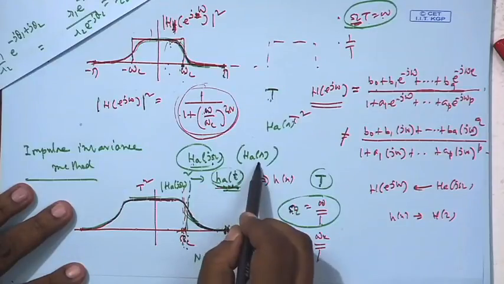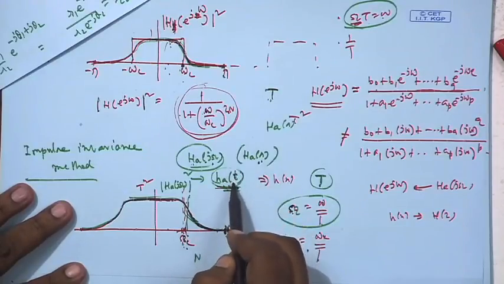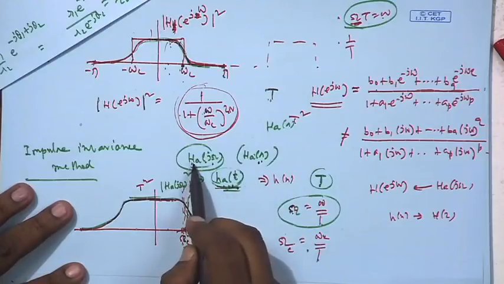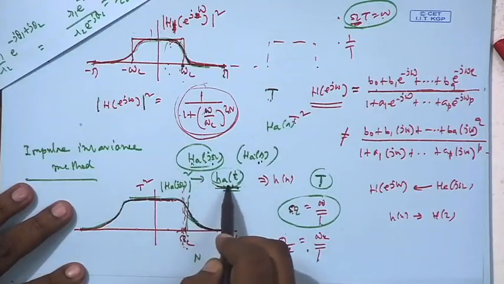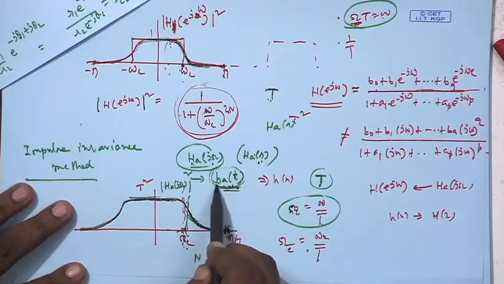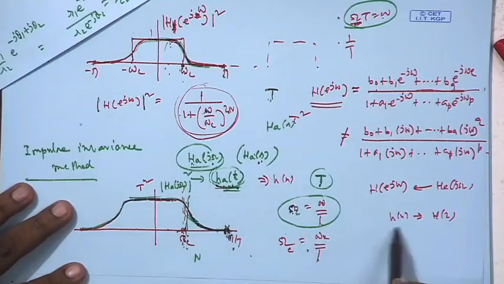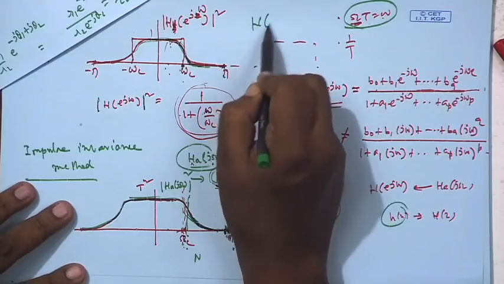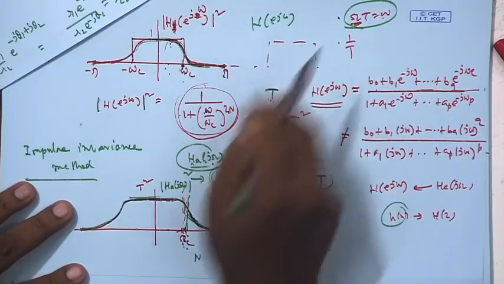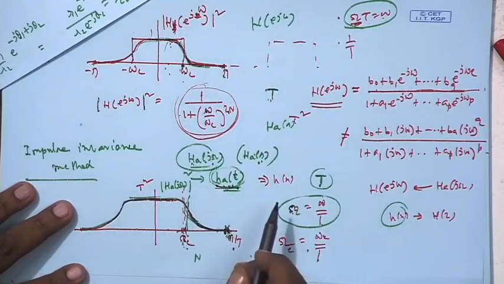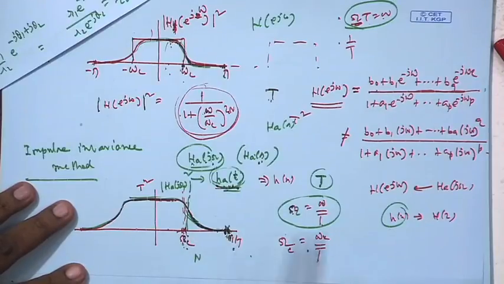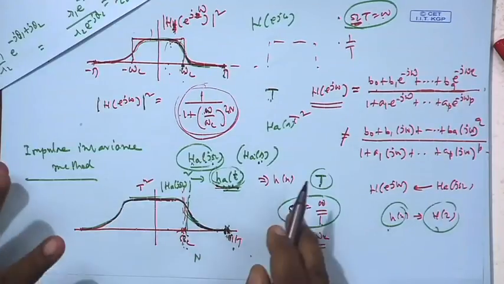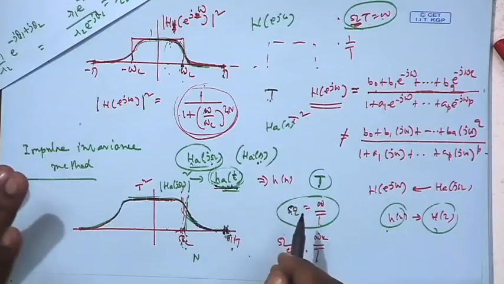So, you can design this Ha(s) from this either by inverse Laplace transform or from H(j omega), that replaces s by j omega, and by inverse analog Fourier transform get the analog time function, then sample it, you get h[n]. This h[n], I know its DTFT, if you take that H(e to the power j omega), its magnitude square will be a replica of this, because of no aliasing, because this function has become 0 before pi by T, and pi by T is the half sampling frequency. This h[n], if you take the z transform H(z), that will give rise to this desired filter,